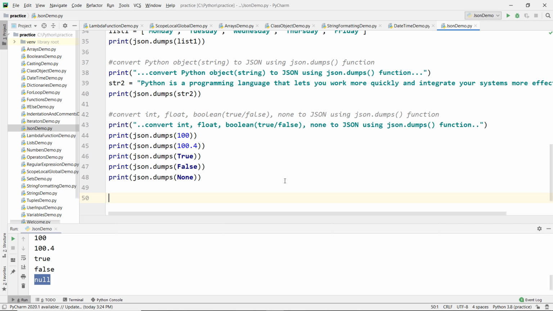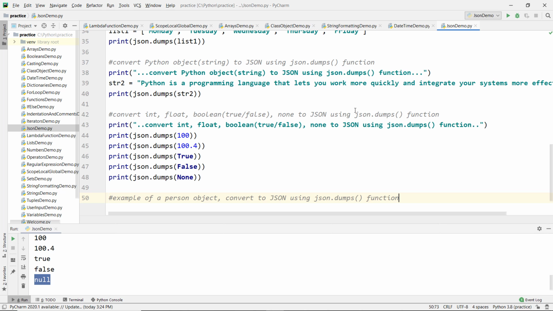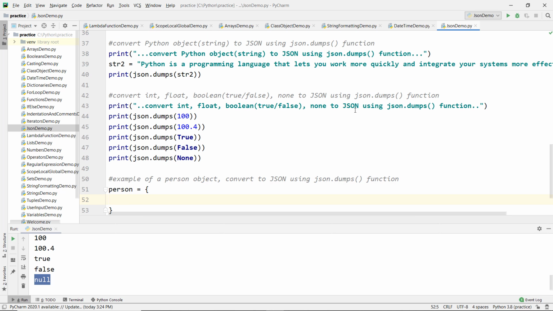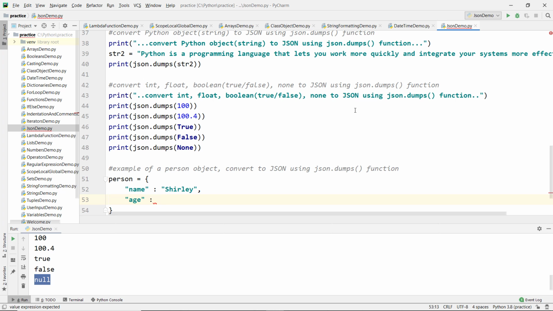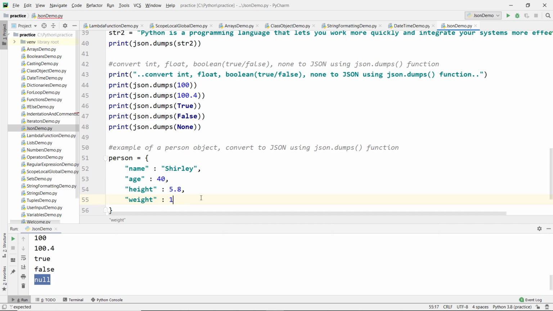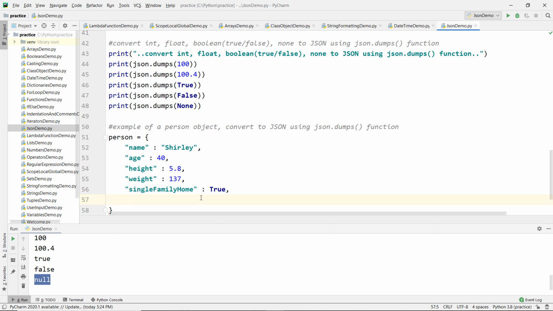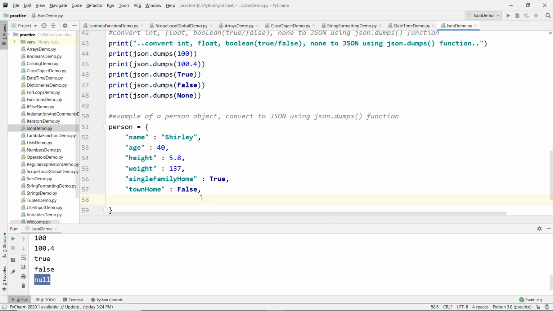Now let's create a person object and try to convert it to a JSON object. Person, so give the name value pairs. Name is Shirley, age is 40, height is 5'8" and weight is 137. Single family home, true. Shirley has a single family home. And town home, false. She doesn't have a town home.